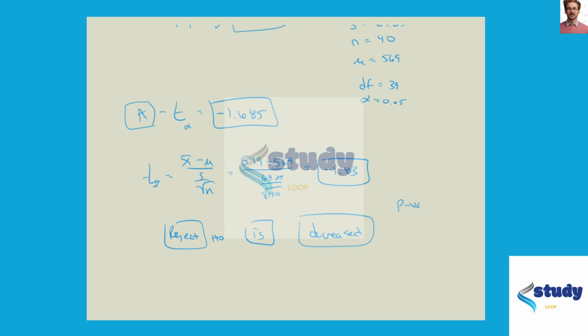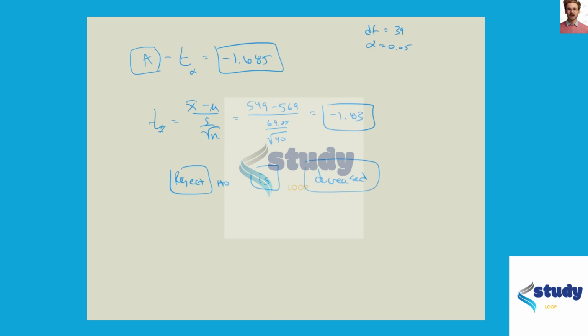Well, if we looked at the p-value, let me do part C here. The p-value from a t-score of negative 1.83 with 39 degrees of freedom, and this being one-tailed, is a p-value of 0.037 to 3 places. So you would reject at this level of 0.05, but if you change it to 0.01,